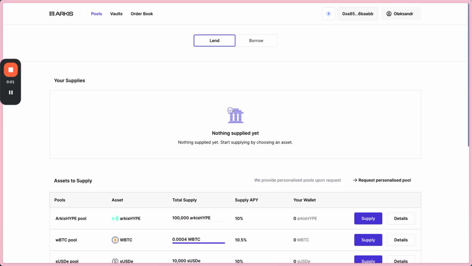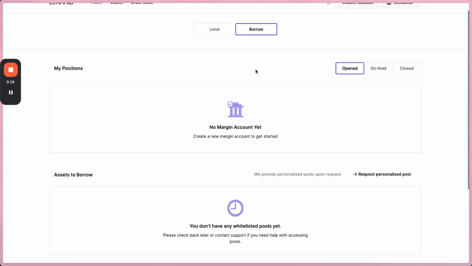The following video shows how Arkis can be used to do an over-collateralized withdrawal trade using yield-bearing collateral. So let's start. First, as an Arkis asset manager, we go to